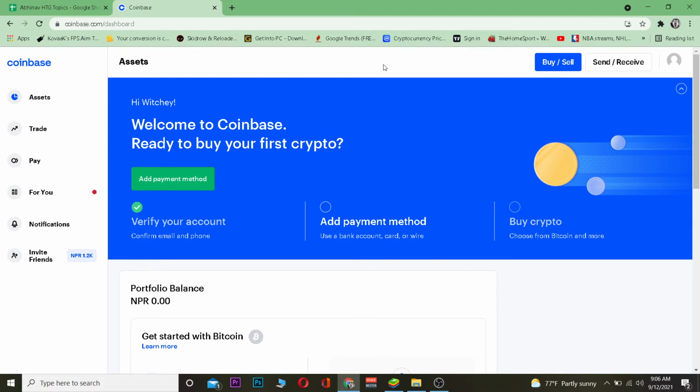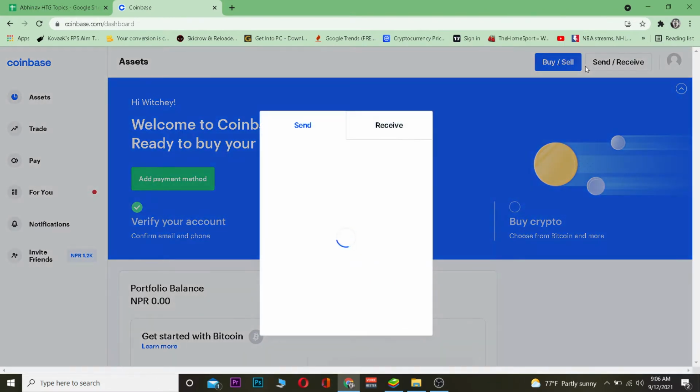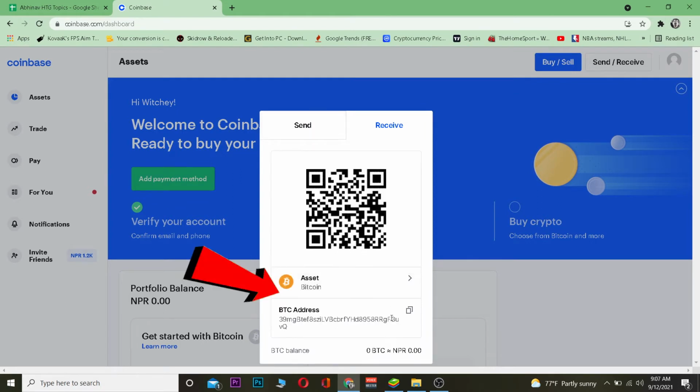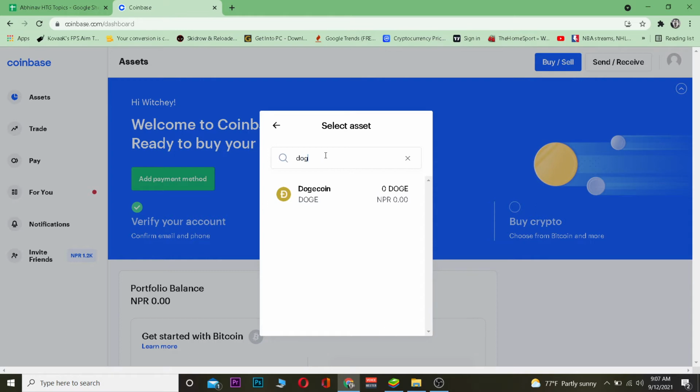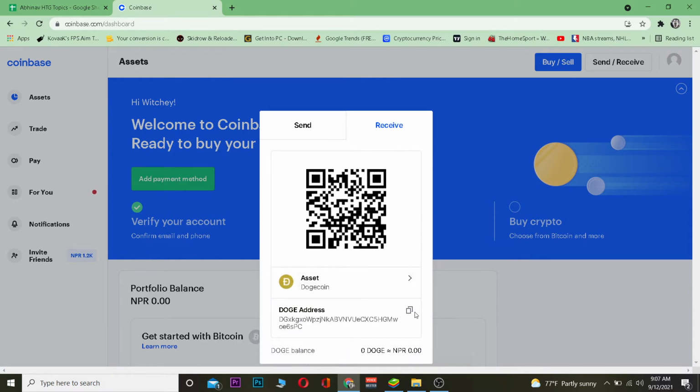First step is you want to go on Coinbase and go to where it says send and receive. Once you go on send and receive, you want to go to the receive section. Once you go to this receive section, you want to choose Dogecoin from assets. So I'm going to click on assets, search for Dogecoin and click on Dogecoin. After I click on Dogecoin, it's going to give me the wallet address of Dogecoin and I want to copy